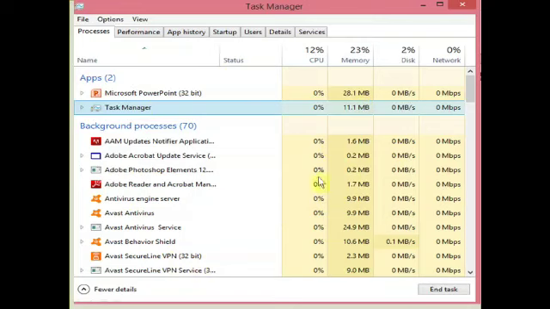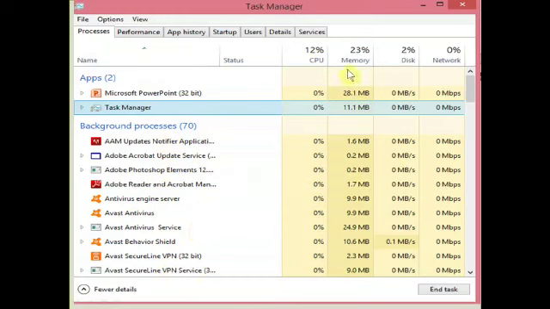And what about this 0% before any program? 0% means these programs are not using the CPU right now; they are working in the background.